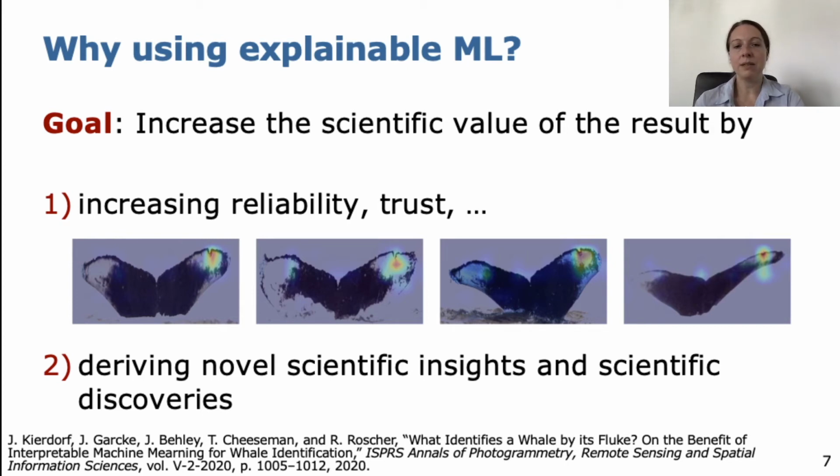Another way to increase the scientific value is to derive novel scientific insights. That means the framework is able to propose new scientific hypotheses which were unknown to us before, and they are worth exploring. And this may even be seen as the opposite to the goal to maximize accuracy, because we want a framework to point us to signals and patterns where we don't expect them. And this may also be associated with a low accuracy of the network.